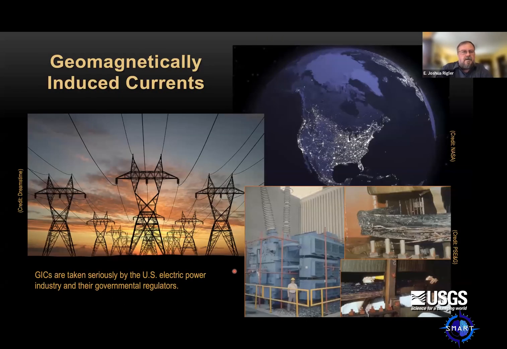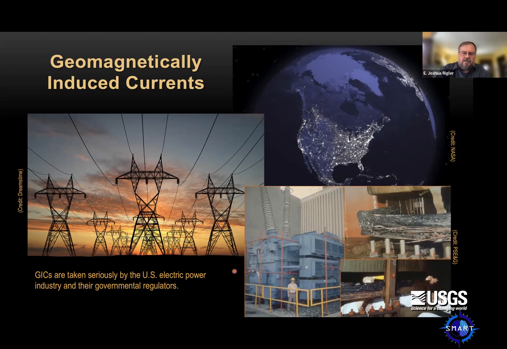So where does that bring us? In recent years, the USGS has been a fairly significant player in, I wouldn't say this is new, we've known about geomagnetically induced currents for decades. And there's been some people that have been studying this for that long. But in the last 5 years or so, there's been a real push by the US government and maybe also by other international governments to better understand these induced currents in the ground that then can short through technological infrastructure like high voltage power grids.